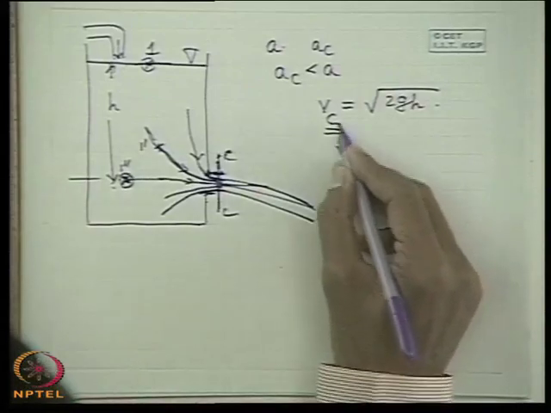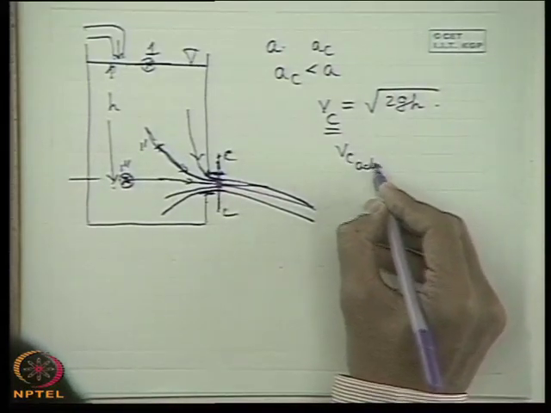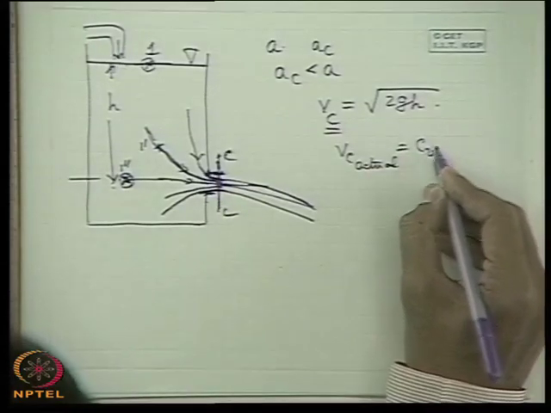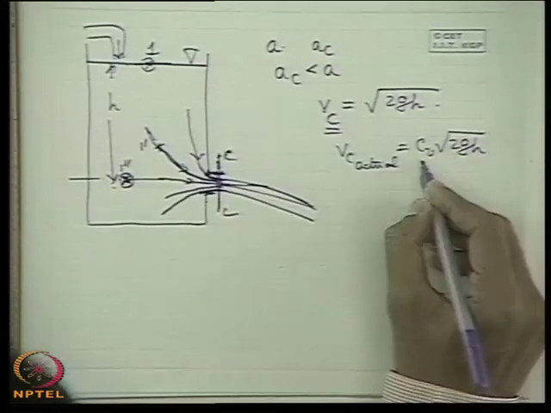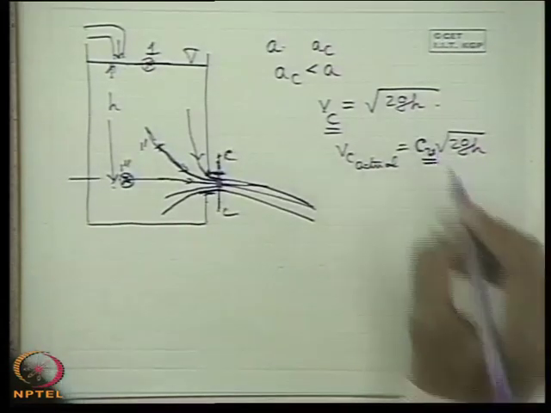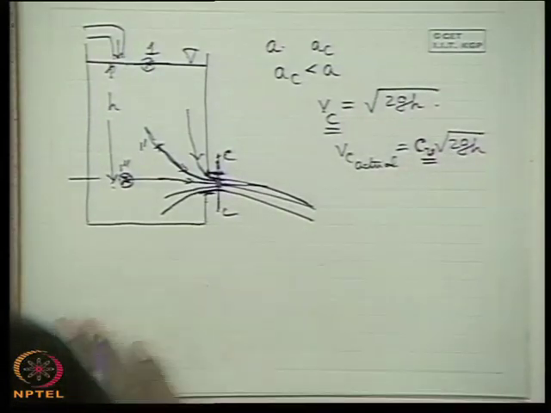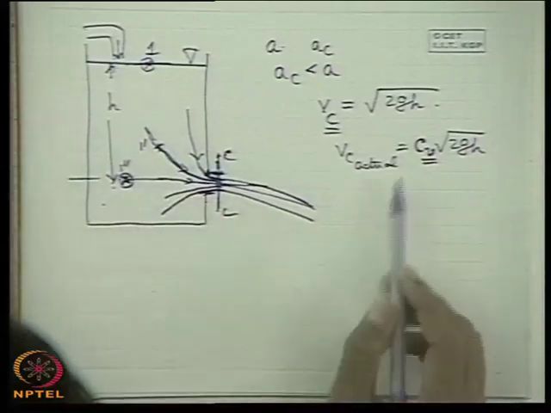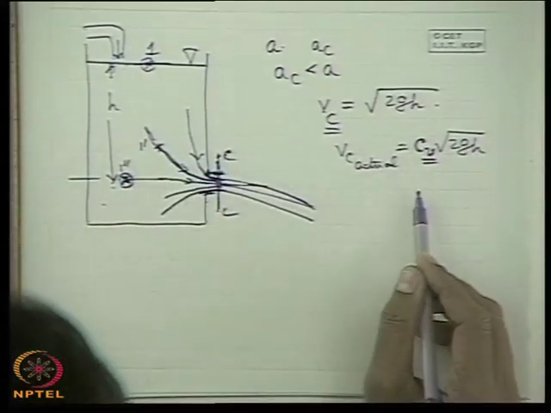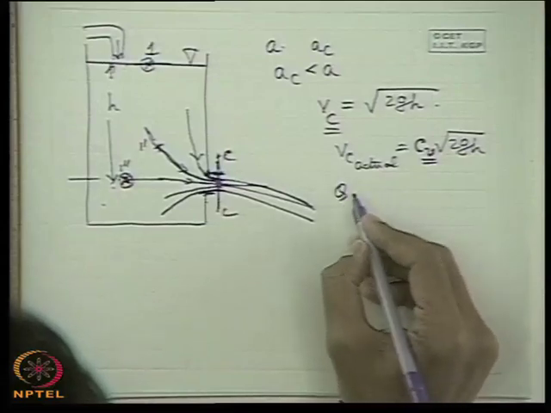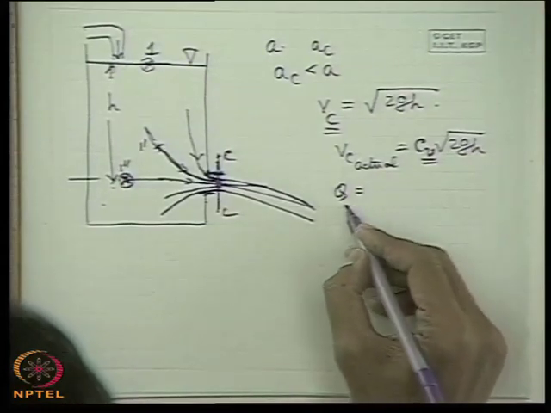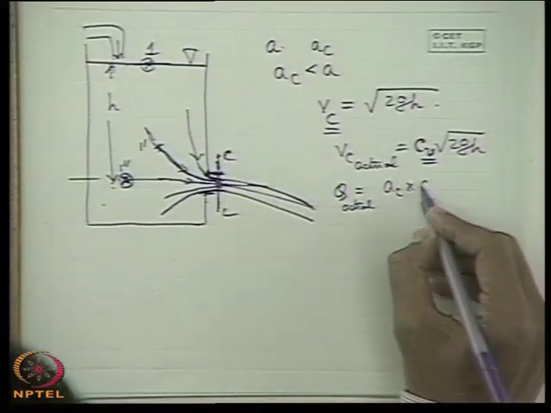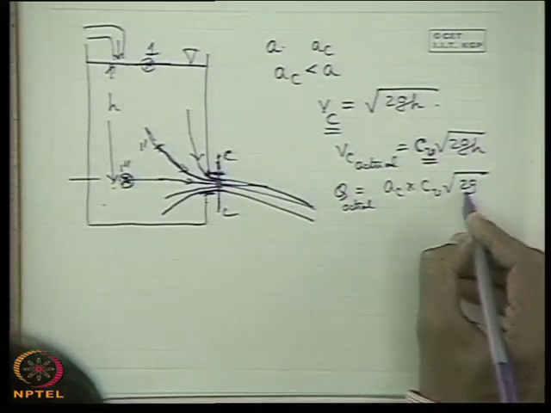Then we found out that this is the theoretical velocity. So Vc actual, which is reduced due to the friction of the fluid at the orifice edge, is less than this theoretical value, and this is taken care of by a factor Cv, known as the coefficient of velocity, whose value is less than 1, and the value depends upon the head above the center of the orifice, and the size and shape of the orifice. So therefore Q actual will be equal to AC, the area, into V actual, that means the volumetric flow rate, Q is AC into Cv into root over 2gh.